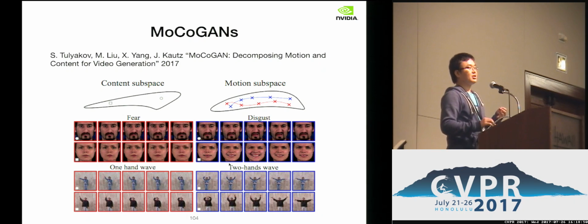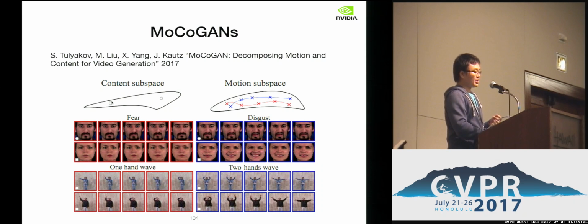One is called content. It describes what kind of objects are going to be in this video clip. And the other we call the motion space. Basically, each point is a pose configuration of the objects. And the change of the pose configuration, jumping from one point to the other, defines a trajectory of motion. So we use this content and motion space as the noise provided to the generator to generate the video clips. And what benefits can we get from this formulation?